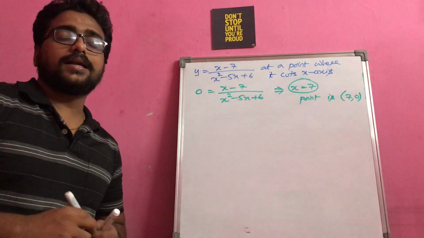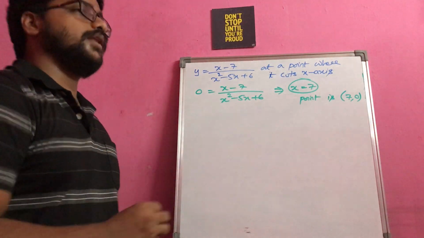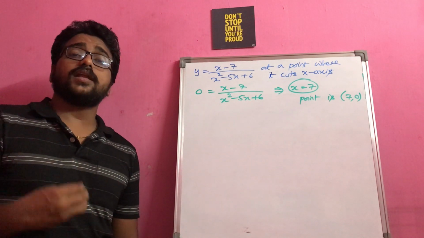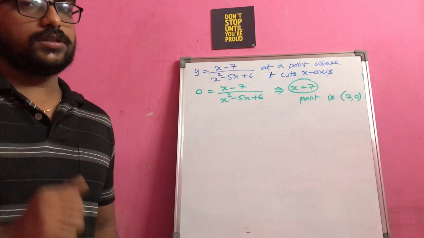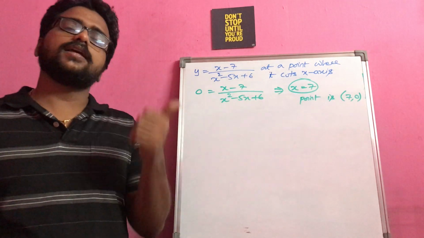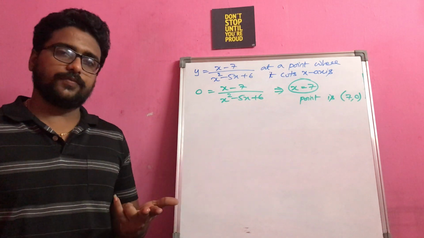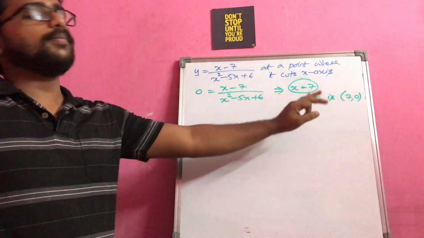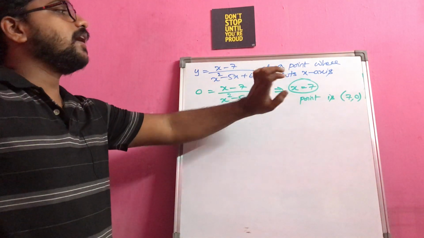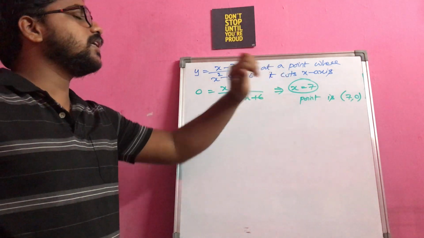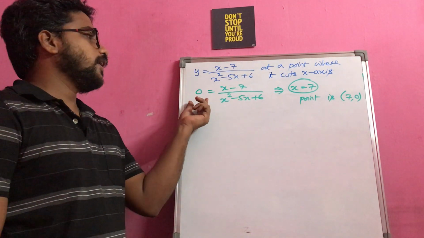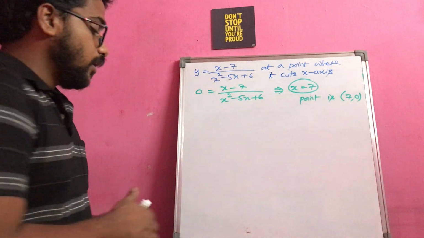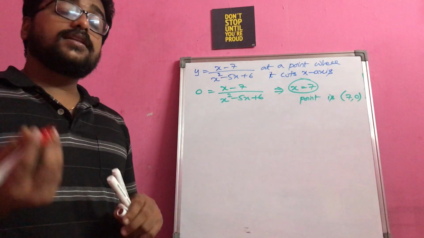So you just have to understand what they are actually meaning. The first thing, to find the equation of a tangent or normal, whatever we require, is to check whether everything is there or not. First, you need a point to find the equation of tangent. Second, you need a slope of it. Here they didn't give you the point. So first I tried to find the point by using the condition given here, where it cuts the x-axis. When they say it cuts the x-axis, the y value should be 0. So I equated, I got the value of x, and my point is becoming (7, 0). Okay. Another thing we need is the slope.